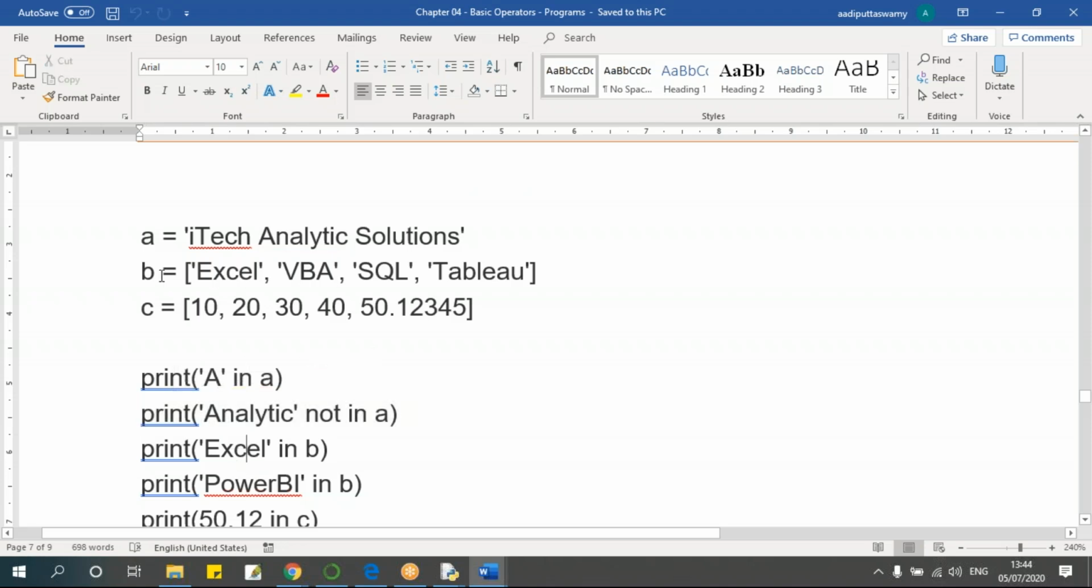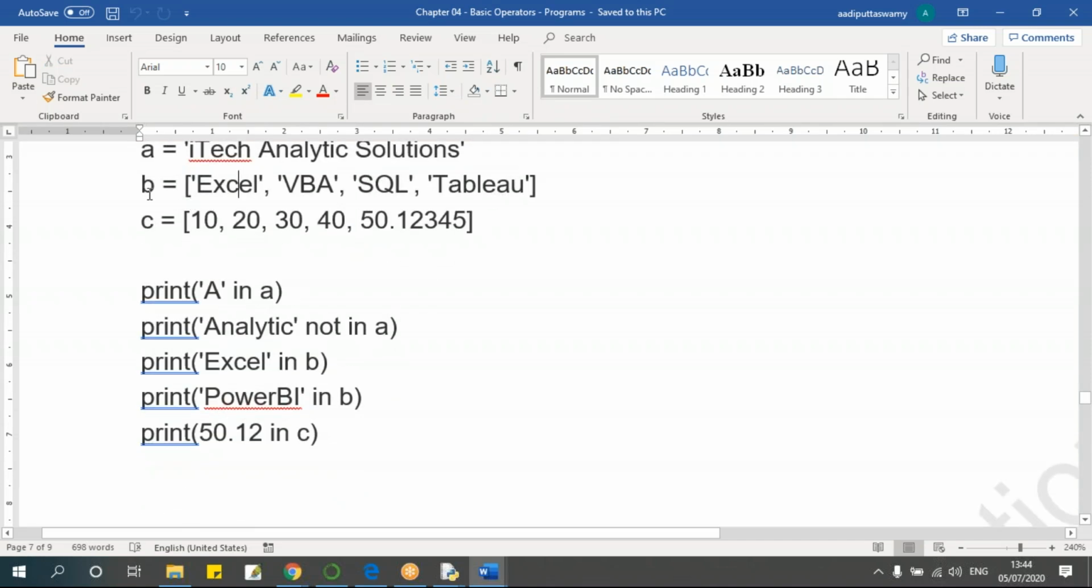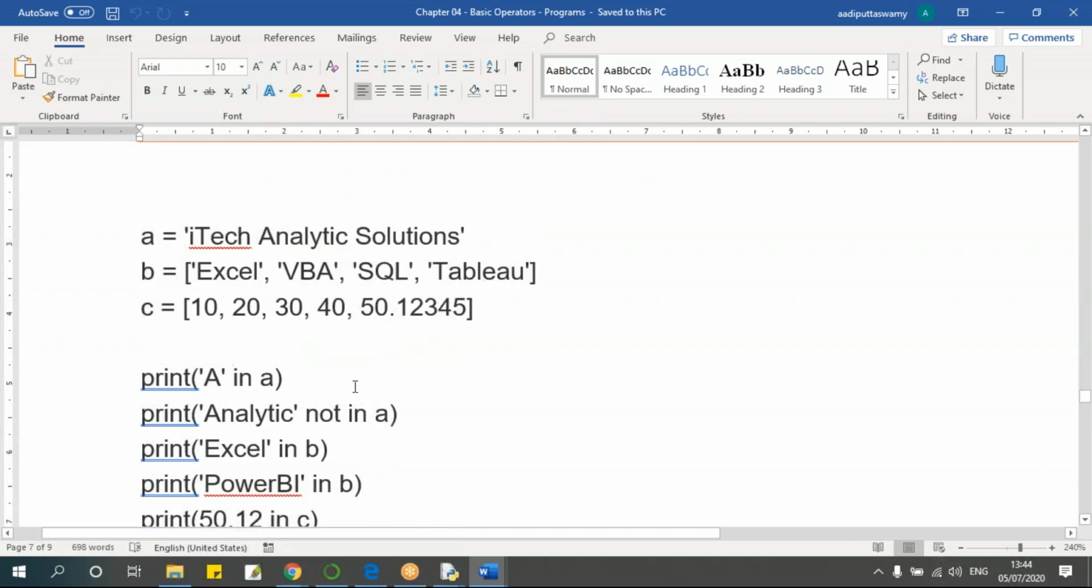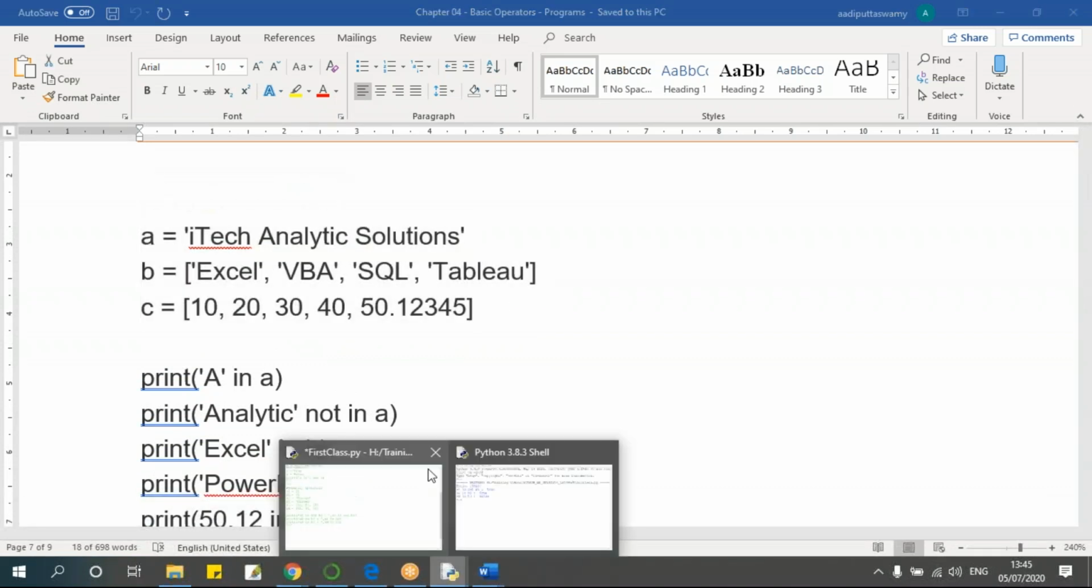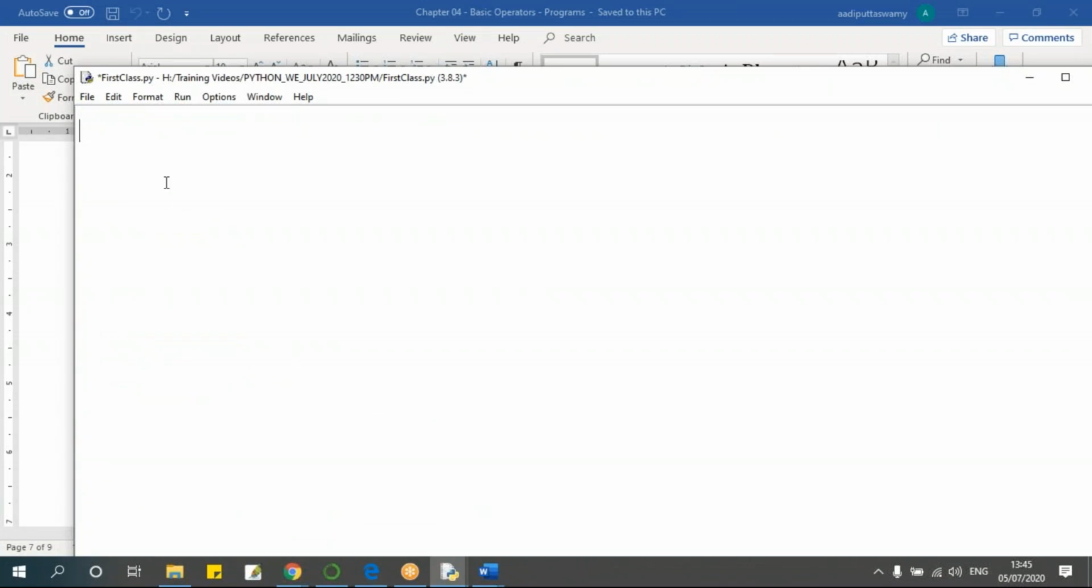I'm trying to search Excel in this list. Excel is there. Print Power BI. So Power BI is not there in this list. That means this will become false. So print 50.12. So it is there here. In C, that means in this list. So suppose I'm trying to search for a value in one variable here. In means it is there, not in means it is not there. So I'm just trying to check the values. Let me just copy this and then I'll put it here. Let's mention this as membership